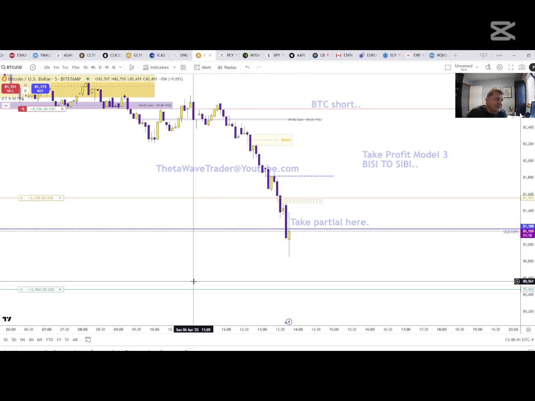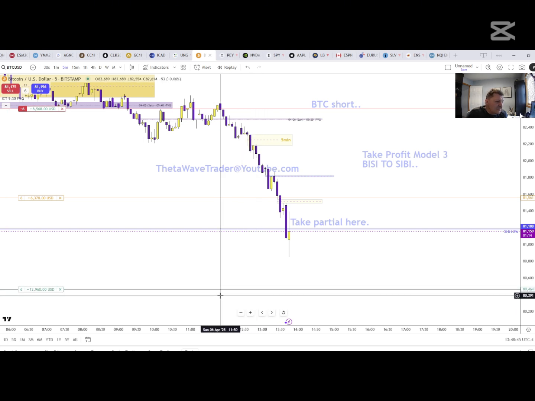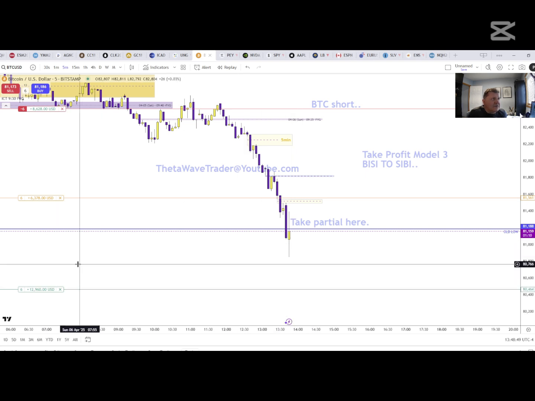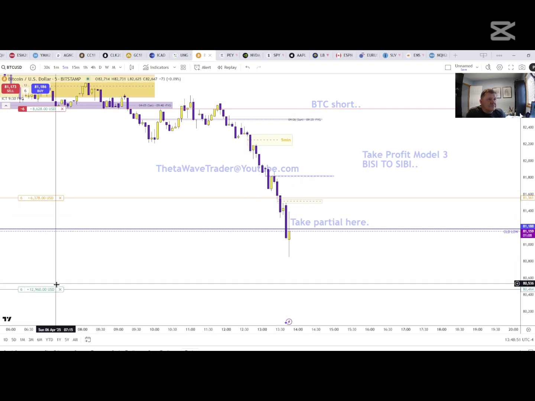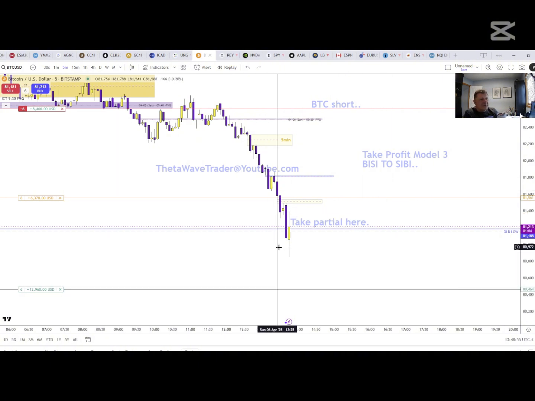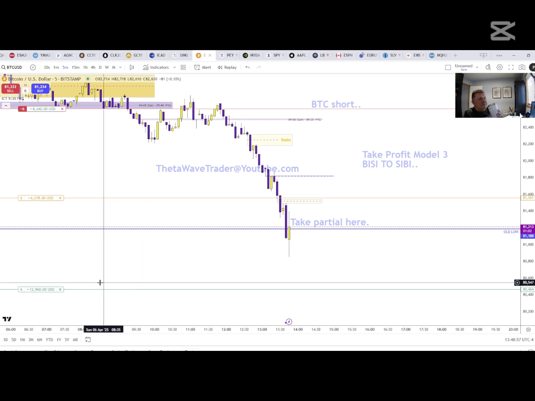That's more advanced ways of looking at your price action study, and that's not what I want to show here. I just want to show the simple SIBI. That is a way to manage your trade. Here's some Model 3. I'm going to show you all 3 models. I'll give you demonstrations on all 3 models, and you guys get to decide